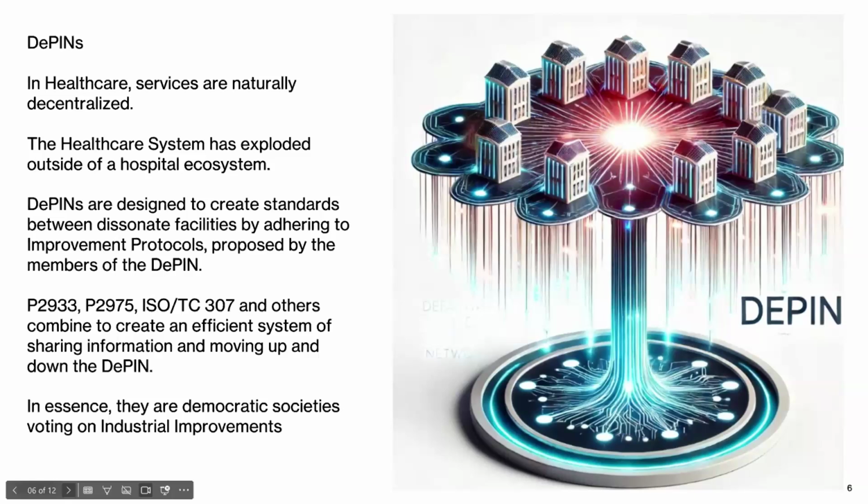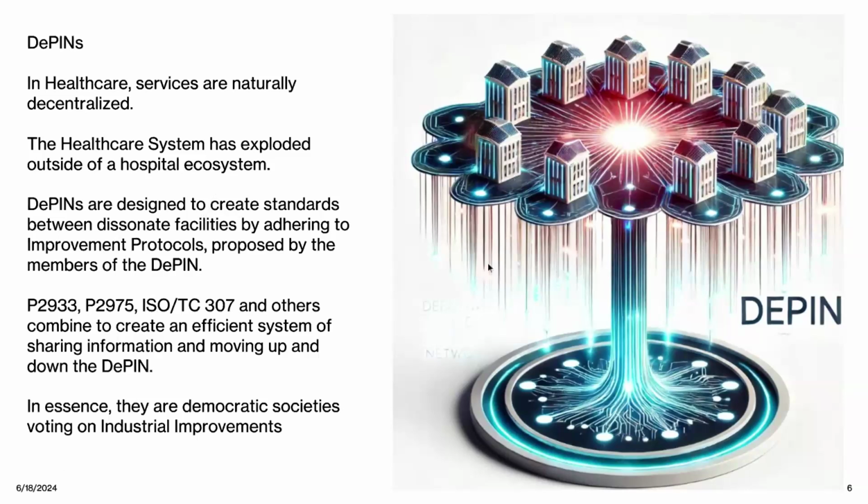So on every corner, we're seeing diagnostic imaging centers, ambulatory surgery centers, blood labs, all these different places, and all of these assets that people need to put together are really hard to do. But in healthcare, if you put them in a decentralized physical infrastructure network, you can create a society of democratic